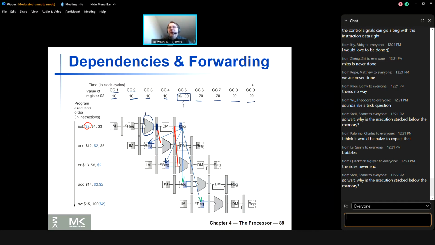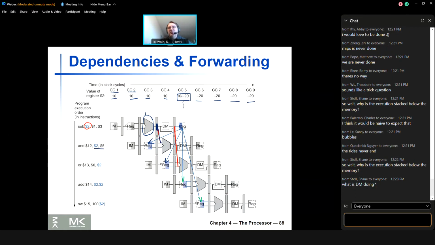But once we know what the value is, we can forward it to the ALU for the next instruction, so that at least the next instruction can proceed with adding the contents of 2 and 5, and that would solve it. So really, this AND doesn't insist that its value be read from register 2. It just needs to know what that value is, even if it technically does not read it from register 2. And that's the whole idea behind